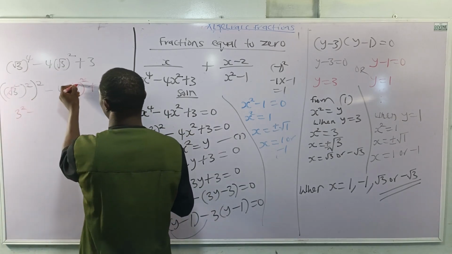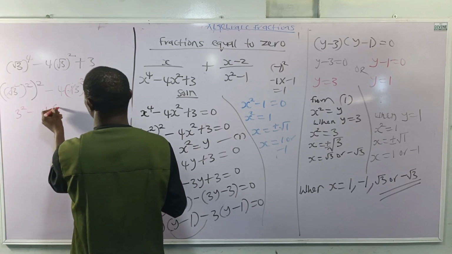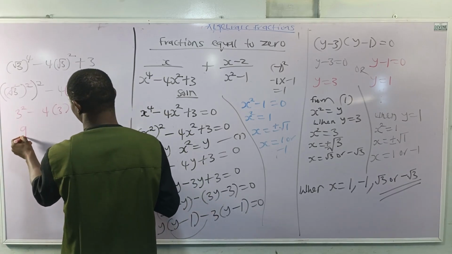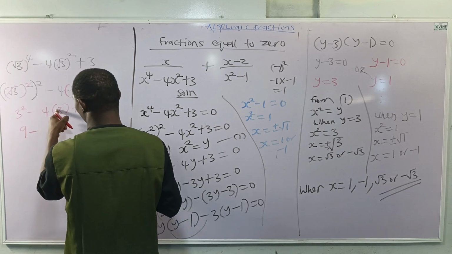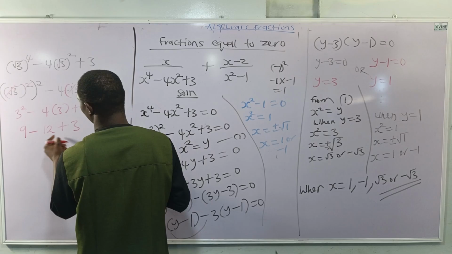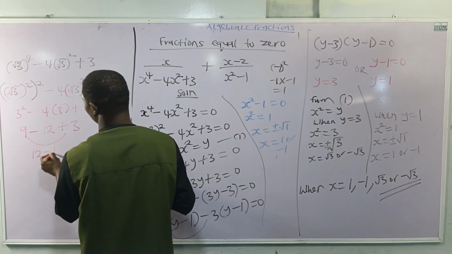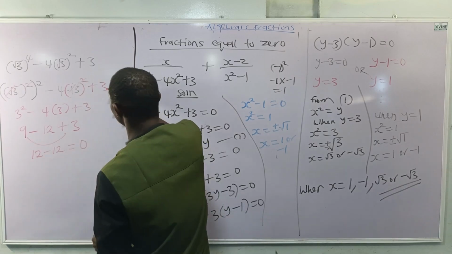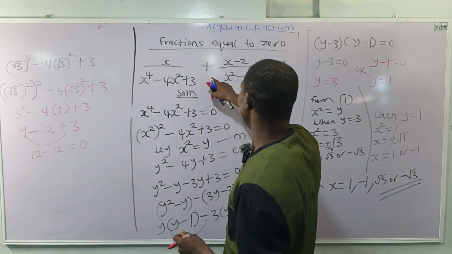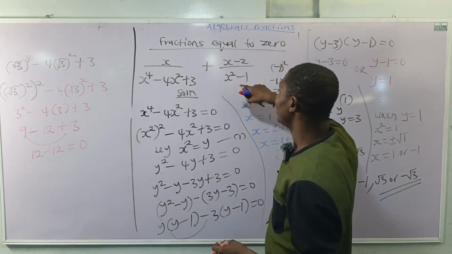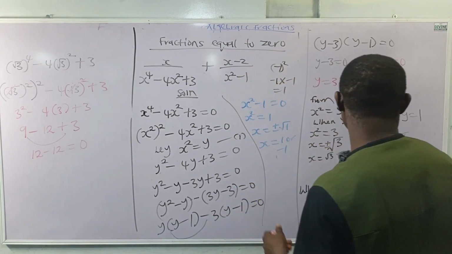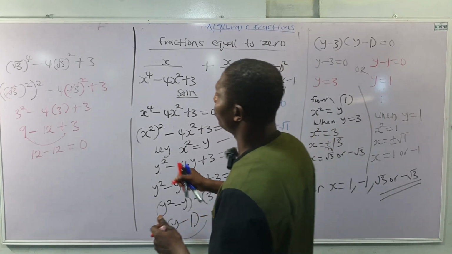squared minus 4 brackets, squared cancels square root, I have 4 brackets 3, plus 3. 3 squared is 3 times 3, which is 9. Minus 4 times 3 is 12, and I have plus 3. And 9 plus 3 gives me 12. And 12 minus 12 is equal to 0. So if this gives 0, x over 0 is undefined. And when an undefined expression is added to any expression, even if this was defined, it will give me an undefined expression. If we do that for minus root 3, we're equally going to have